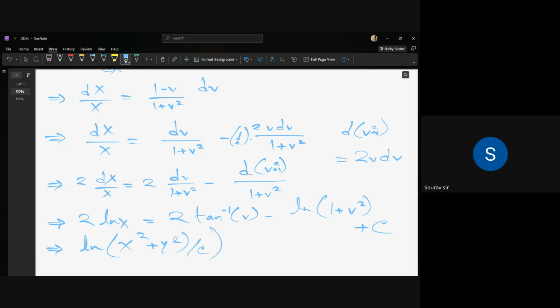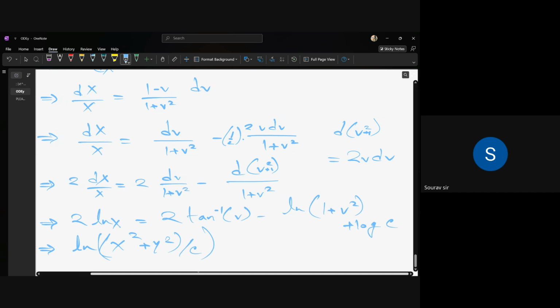by c. Why are we getting by c? So I am just converting it as log c. So then that will be by c. Yeah. So then that will be equals to, sorry, 2 tan inverse y upon x. Okay. So as we are getting this result,